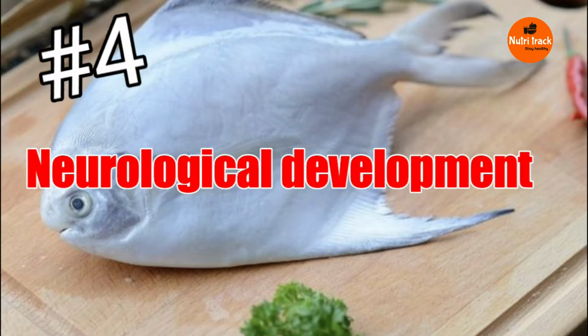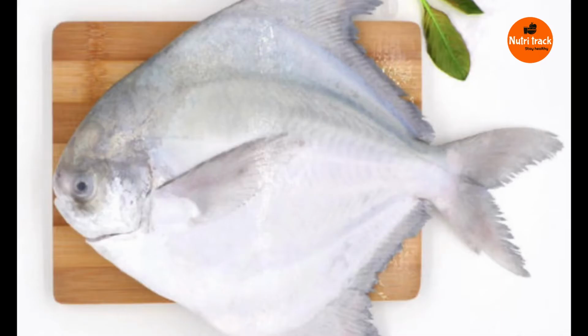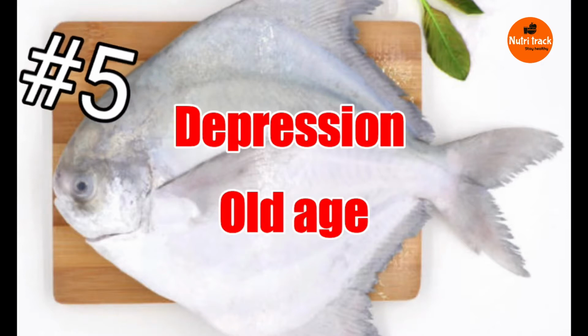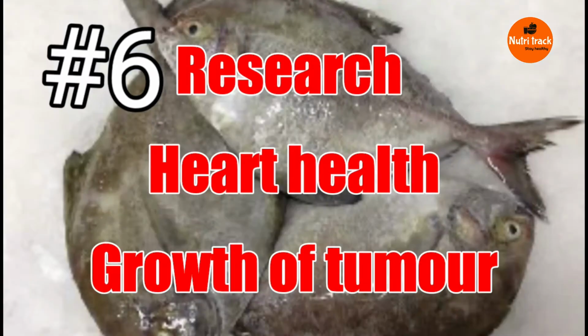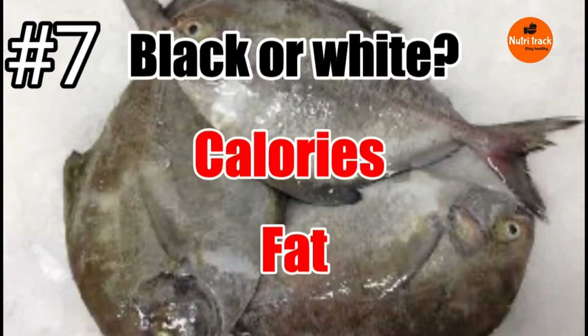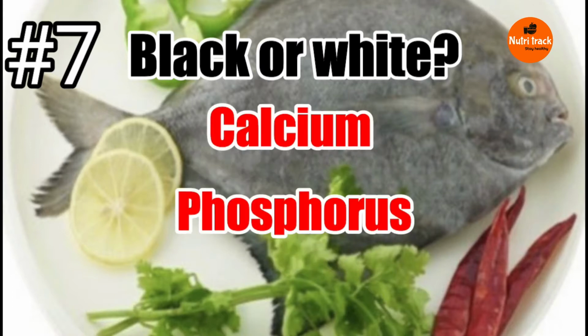It is said to be beneficial for the neurological development of the fetus in a pregnant woman. These fishes are good for depression and psychological issues in the elderly people. It improves the heart health and also stops the growth of tumor or cancer cells, especially the breast cancers. On comparison, the white pomfrets are less in calories and fat, while the black ones are rich in calcium and